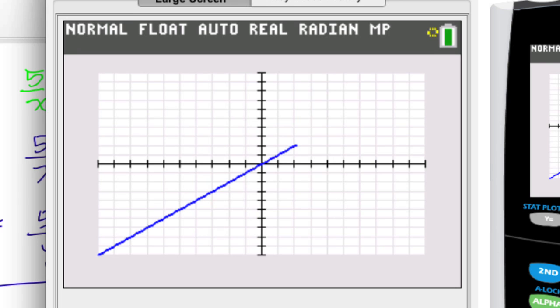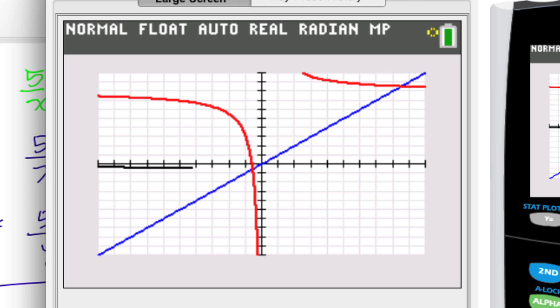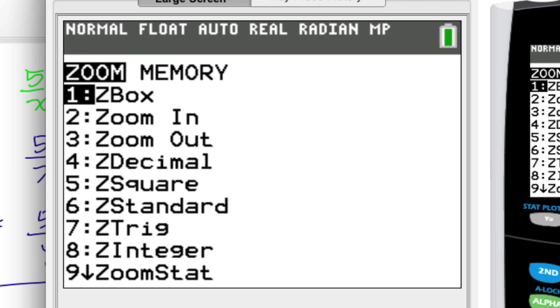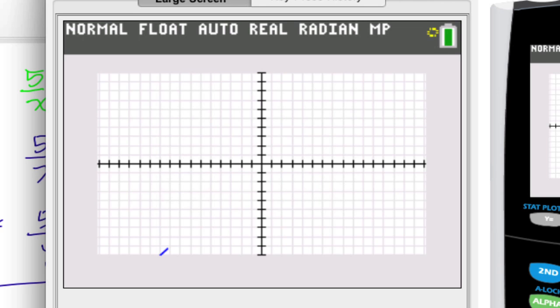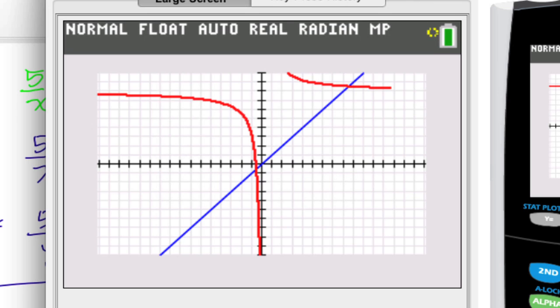Right, when we graph, we're expecting everything to be symmetrical to that blue line. The red is the original, and then here comes the black, where the black here is the inverse. Let's go ahead and click on zoom, and then let's go down to square, so this way it looks more symmetrical. So we'll let that draw itself in. Take a look at that. Alright, and we see this here is a much better representation of the symmetry.